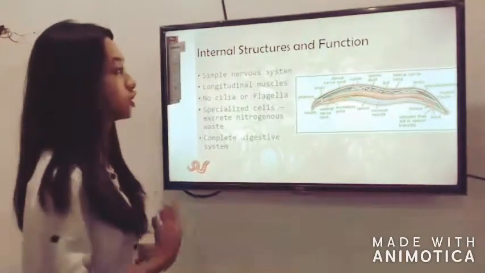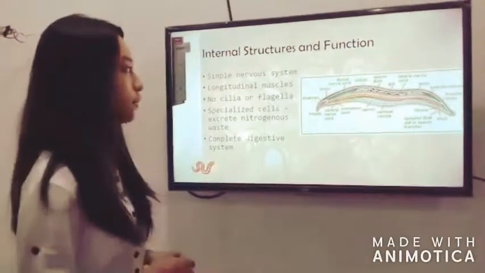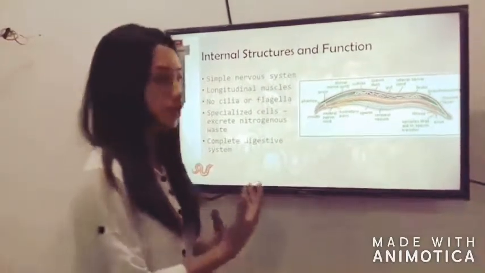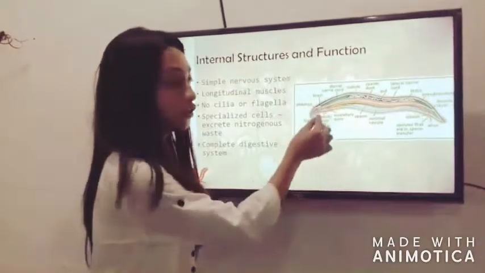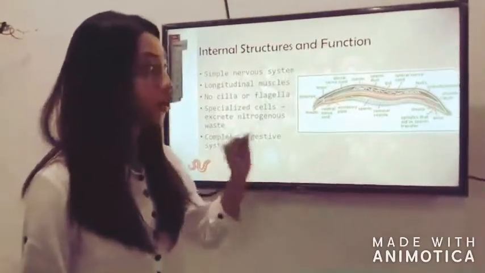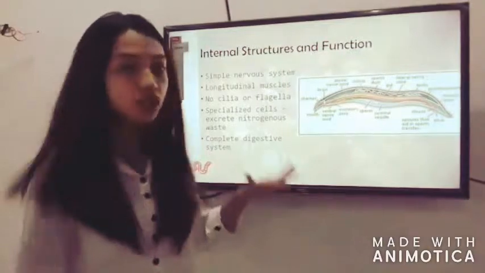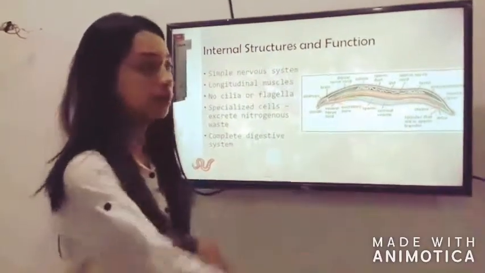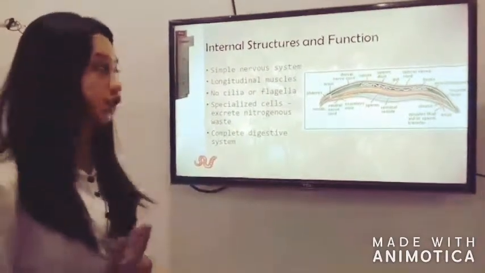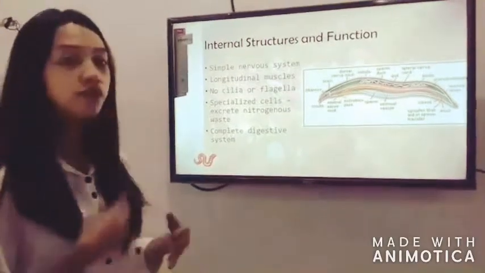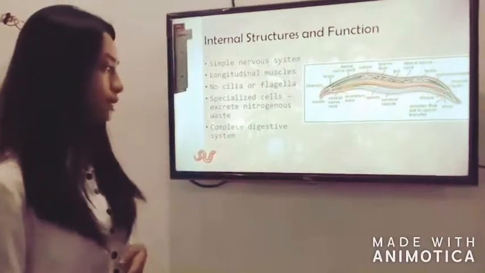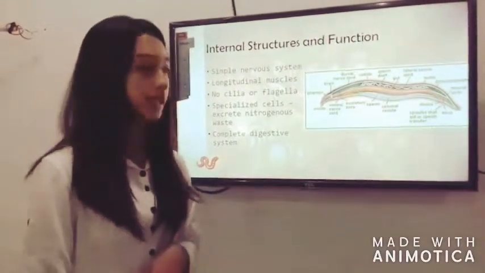So let's now talk about the internal structures and function of the nematodes. They have a simple nervous system, which consists of a ring of nervous tissue found in the pharynx area, which then forms the dorsal nerve cord and ventral nerve cord, which run along the body of the nematode. They have no cilia or flagella. Some species of nematodes have specialized cells which excrete nitrogenous waste, and they have a complete